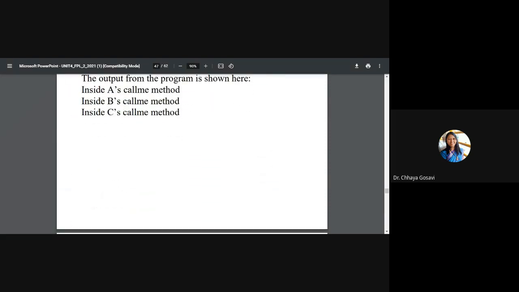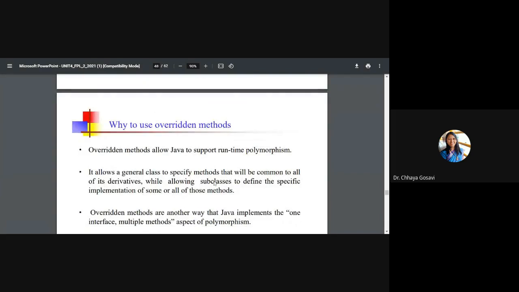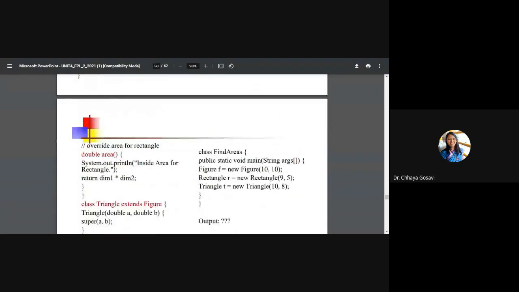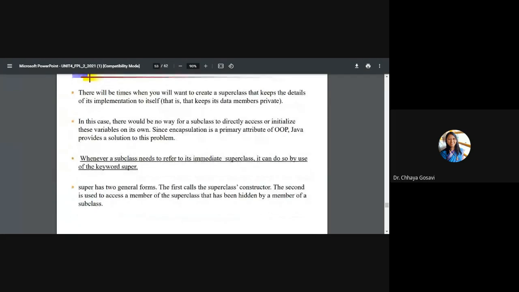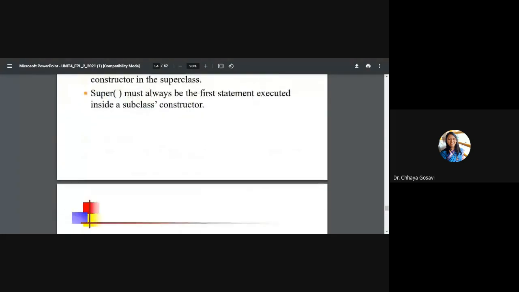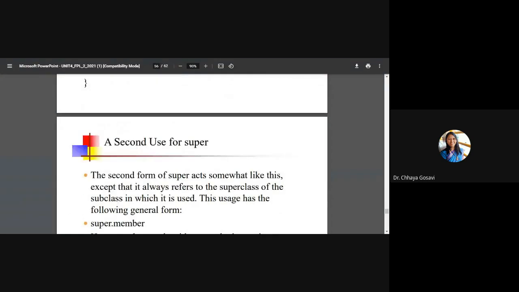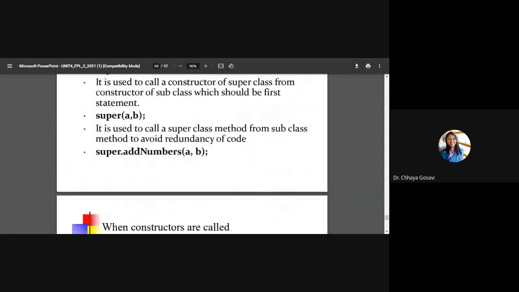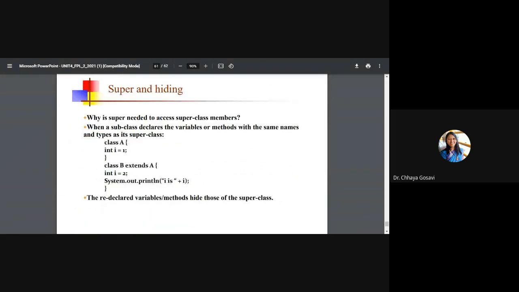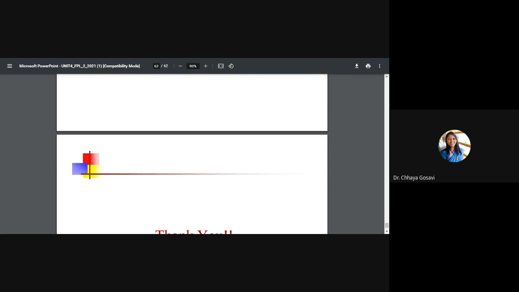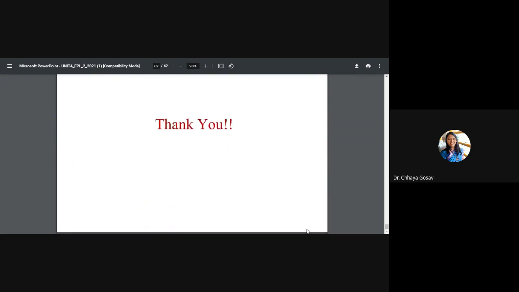That's why it is called runtime polymorphism or dynamic method dispatch. And today we have seen the usage of the super keyword. Any queries about unit number 3 or 4? No queries, we'll stop here.